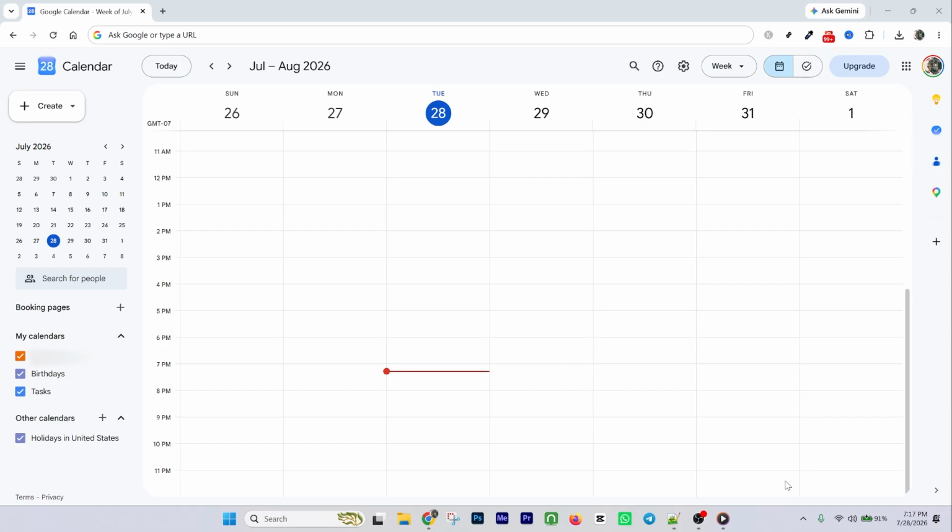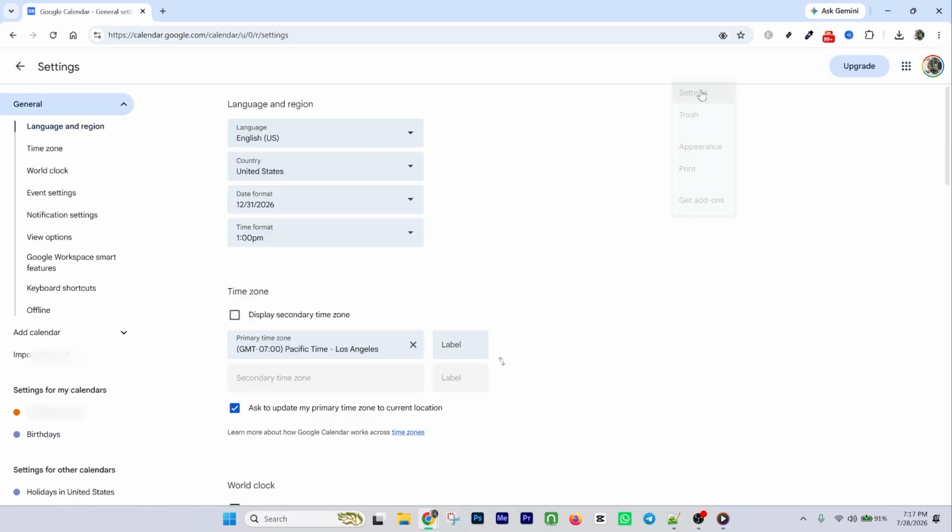To get started, open Google Calendar in your web browser. Once the calendar page has fully loaded, look toward the top right corner of the screen. You'll see the settings icon, which looks like a small gear. Go ahead and click that icon, and then from the menu that appears, click Settings. This will take you to the main settings area for your Google Calendar account, where you can control general preferences